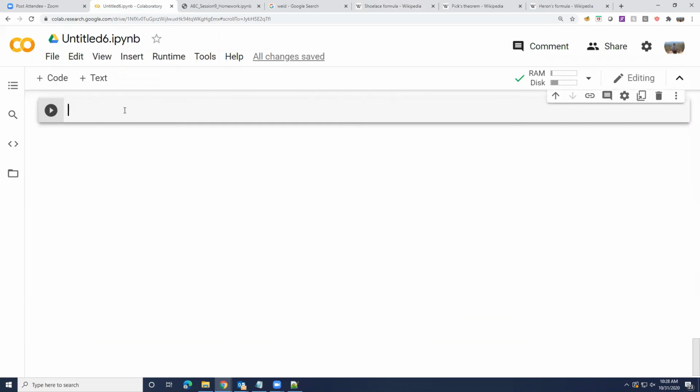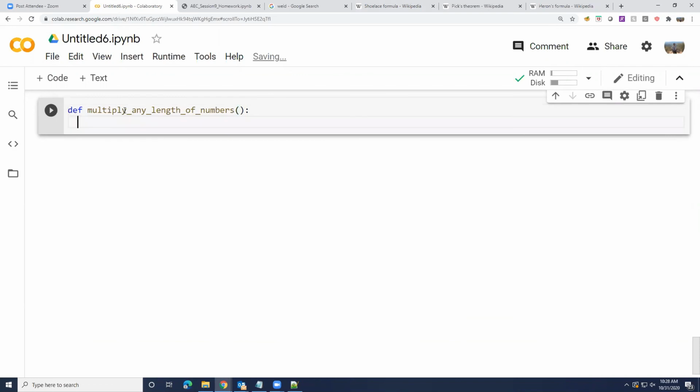What if I wanted to write a function that multiplies a bunch of numbers? Multiply any length of numbers. If my function is supposed to accept like 20 inputs and multiply them, or 40 inputs and multiply them, how should I write my function? Yes, some Prince is already gearing for that.